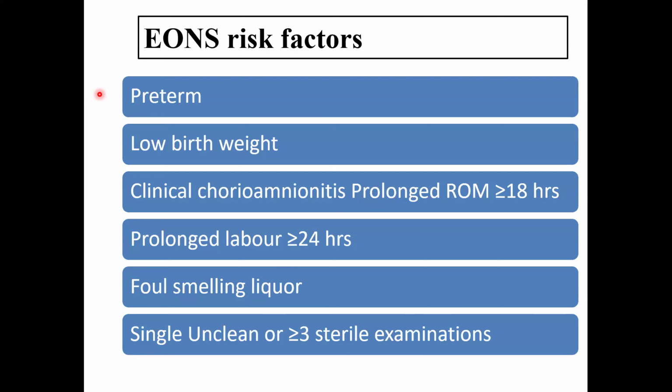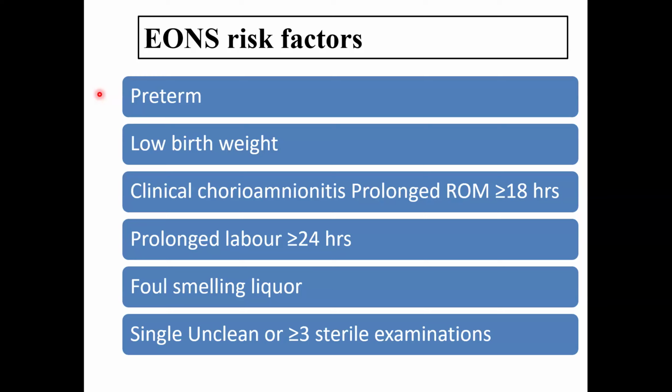Clinical chorioamnionitis means the mother should definitely have a fever. It is a mandatory criterion. Plus, there should be some other signs like maternal tachycardia, fetal tachycardia, maternal TLC more than 15,000, foul smelling liquor, and uterine tenderness. So fever plus any two of these five criteria, we will call